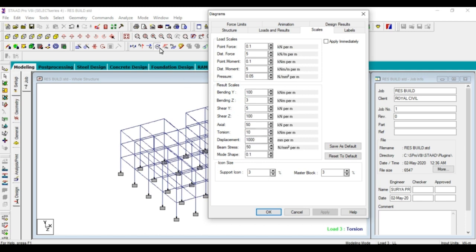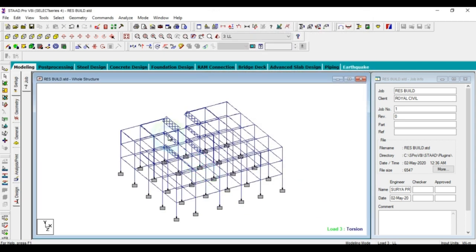This is the torsion, so I'll decrease the torsion value. Set apply immediately and decrease the torsion value. When you decrease the torsion value, the torsion value is visible clearly like that.